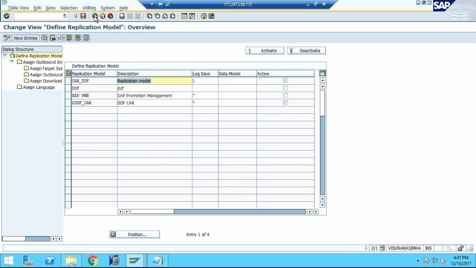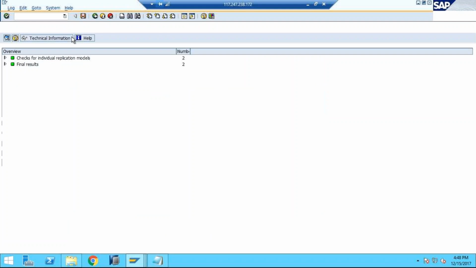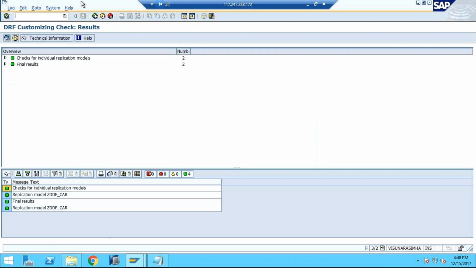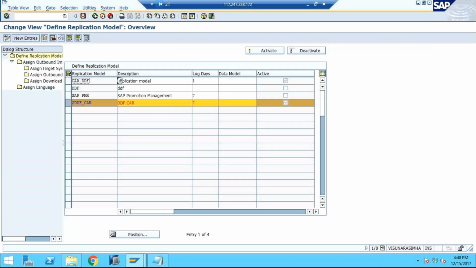Now come back. Now again you need to select this one. Oh, sorry, not this one. This one. Need to come back. Not this one. This one you need to activate. Then it's activated. Come back. Here is our done. Now here, if you go back to the DRF screen,